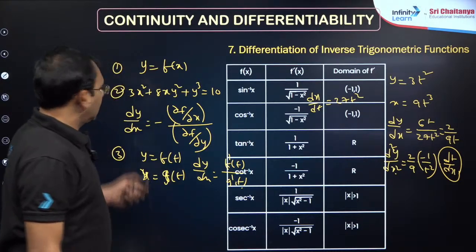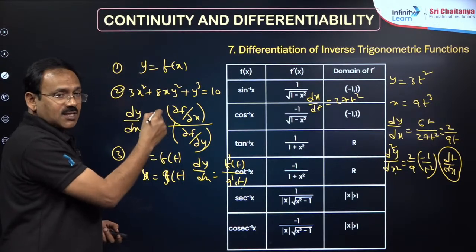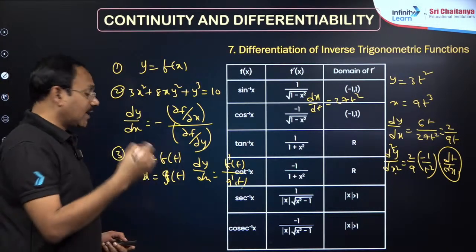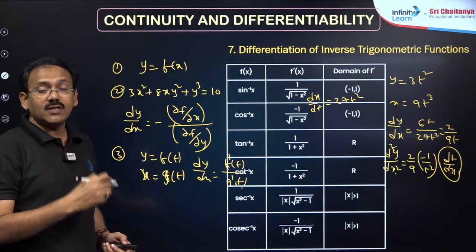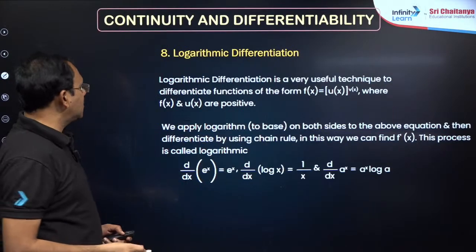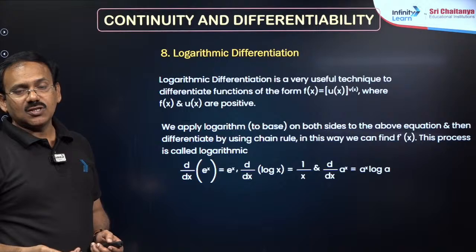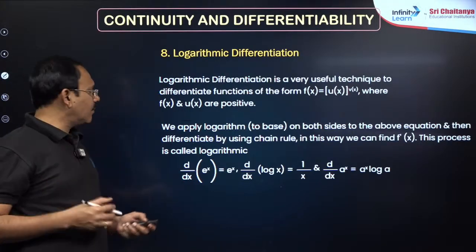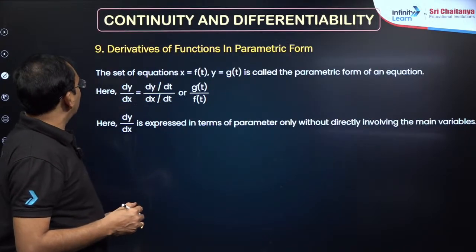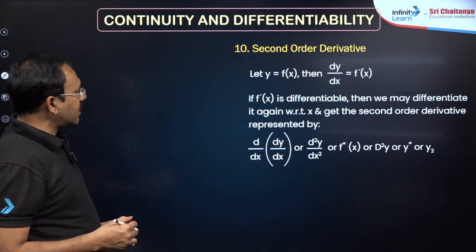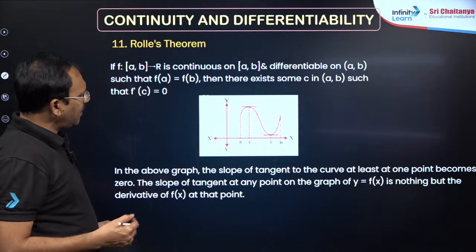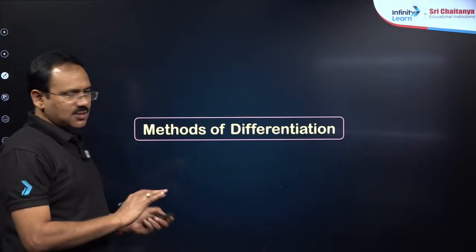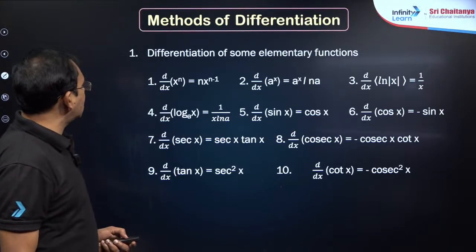Got it? So we have implicit differentiation, explicit differentiation, parametric differentiation, and the derivative of a function with respect to another. Another point is that you may be given a trigonometric substitution, which makes the problem easy. And logarithmic differentiation: especially when a variable power variable is there, you have to find the derivative by using logarithm, my dear friends, right? Yeah, parametric differentiation second derivative, you know. Mean value theorems are not there, in the sense I don't want to touch these, right? So this is about methods of differentiation.